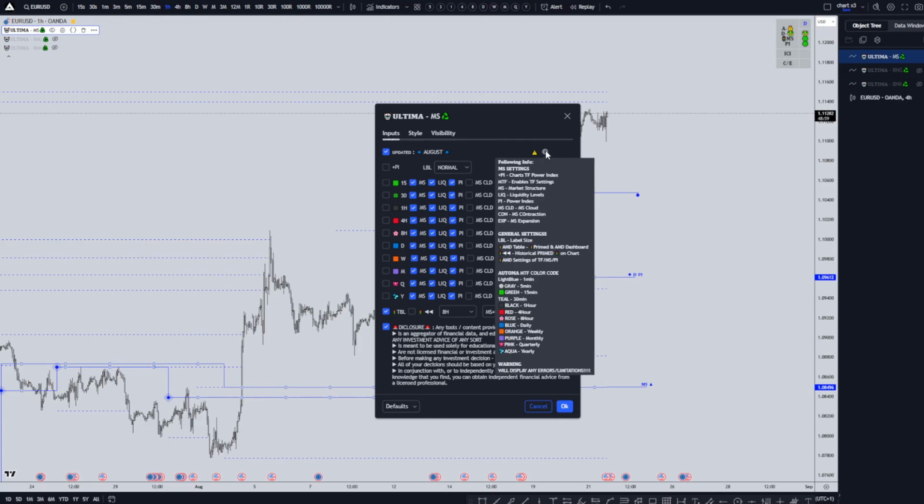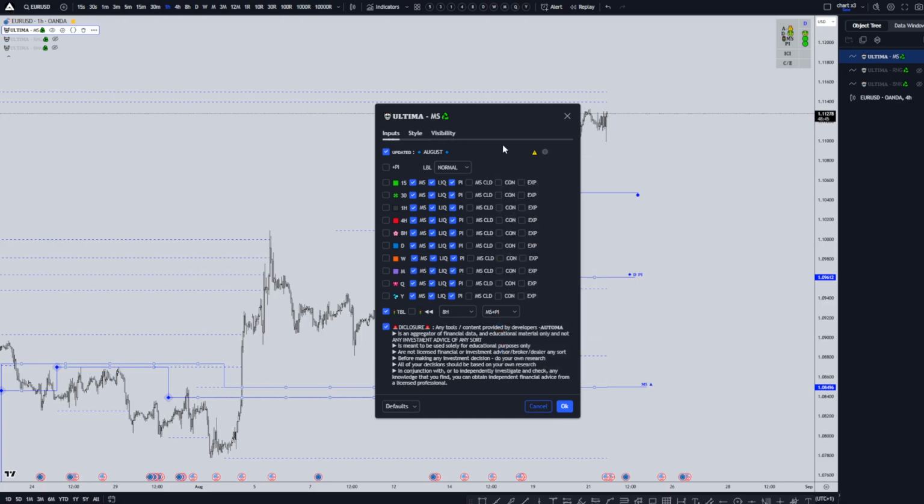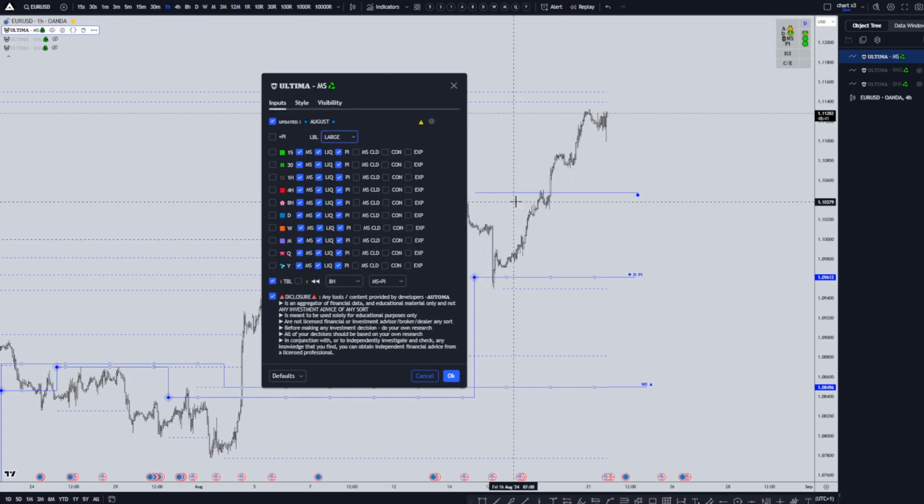So again, on the info section, there will be all the details regarding the settings in the tool. Labels, you can change bigger, smaller. Maybe let's go through the general table. It enables, disables the